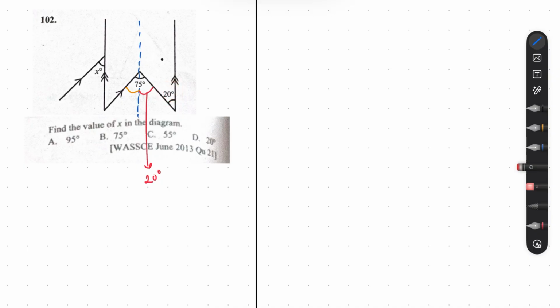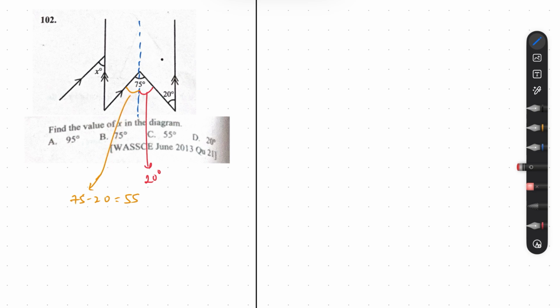Now, since we know this angle, we can easily find this yellow angle, right? Because the total angle is 75. So this angle will be 75 minus this 20. And that will give us what? 75 minus 20 should give us 55. Cool. All right. Now, since we know this yellow angle to be 55,